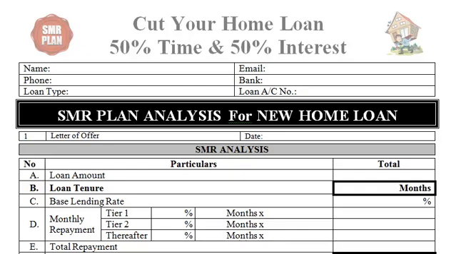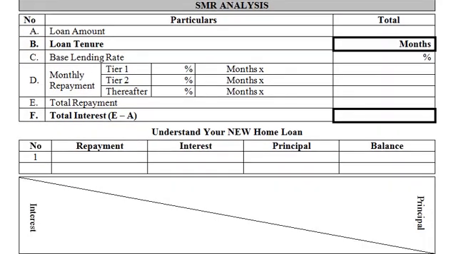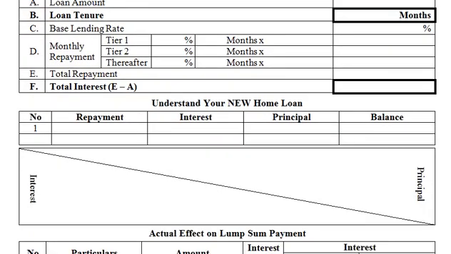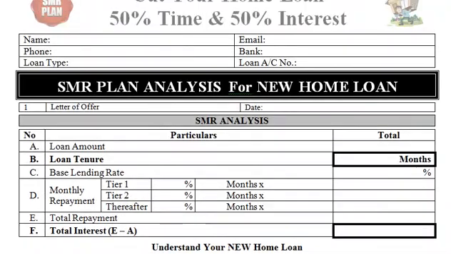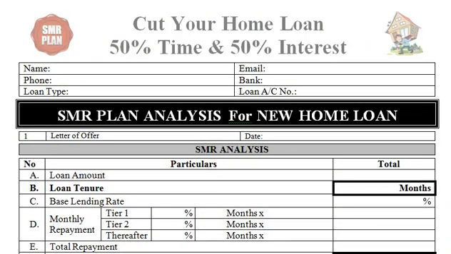Hello ladies and gentlemen, we are going to show you how to use this form to conduct SMR plan analysis for a new home loan. We are going to cover SMR analysis, understanding your new home loan, the actual effect of a lump sum payment, and SMR formulation. In this form, firstly, you need to enter the borrower's name,